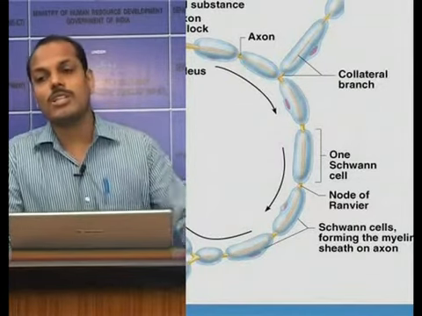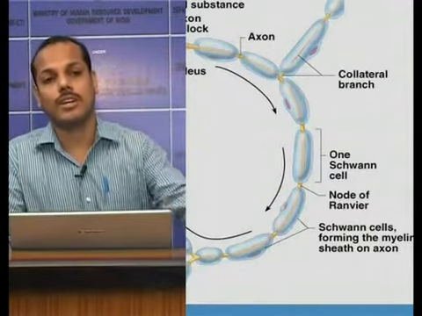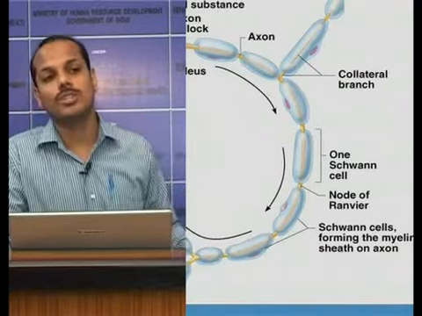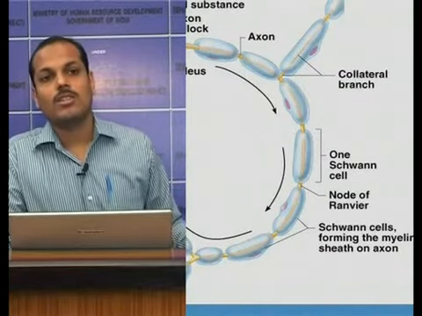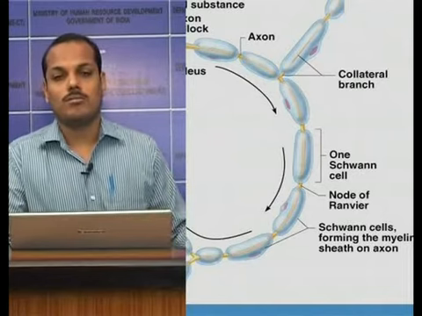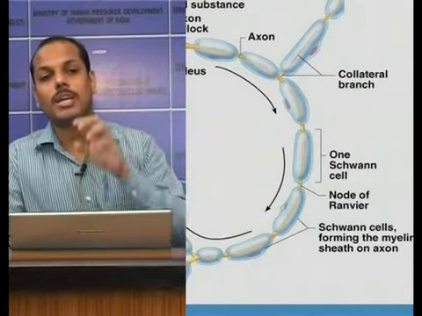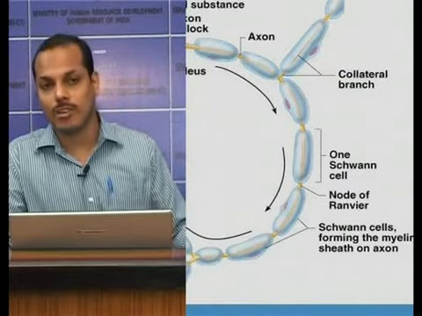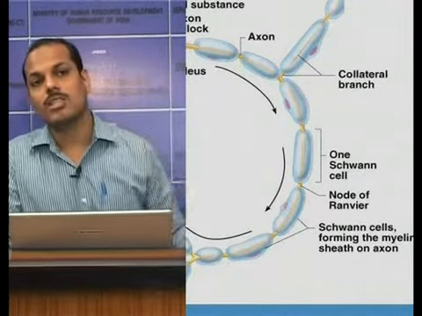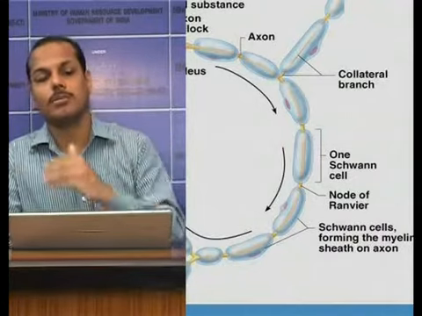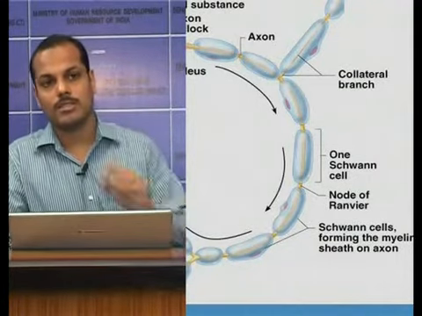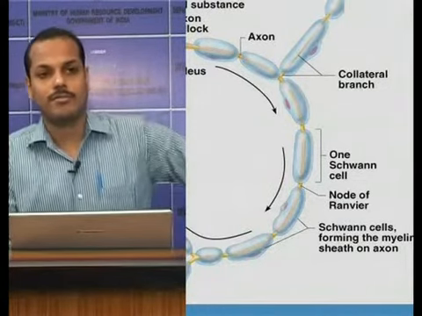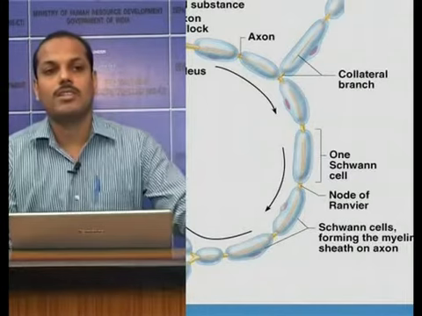Now, usually this myelination occurs at the fourth month of intrauterine life, and it completes a few years after birth. But not all. Pyramidal tracts remain unmyelinated at birth, and myelination completes around the 2nd year of life. So usually myelination starts at the 4th month, but the pyramidal tract remains unmyelinated at birth, and myelination completes around the 2nd year of life.